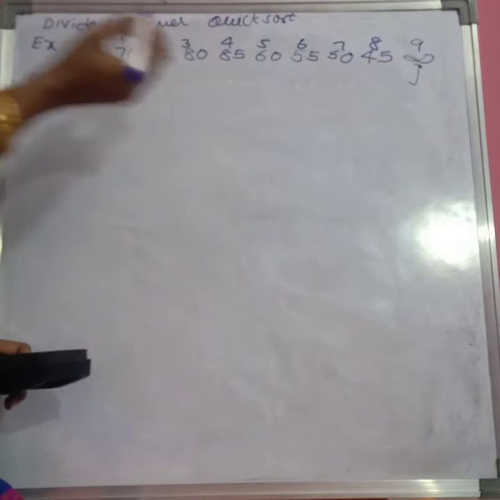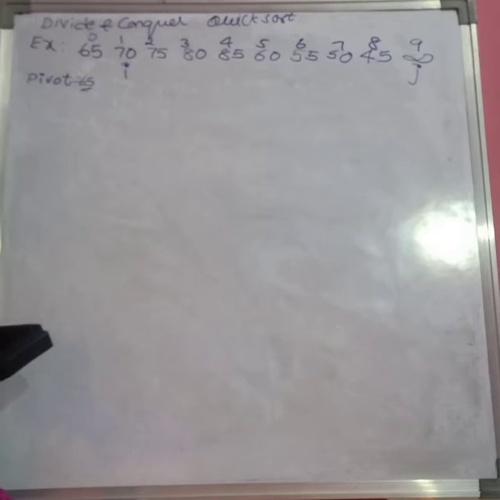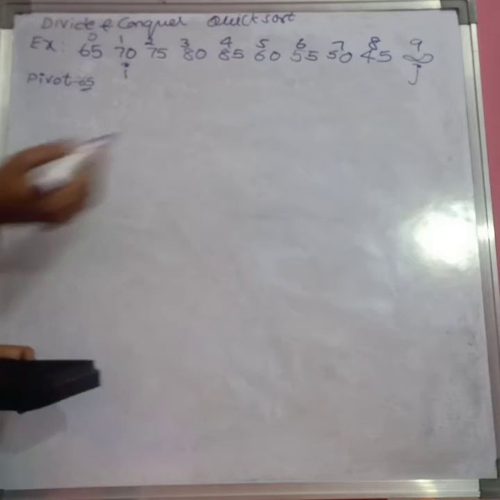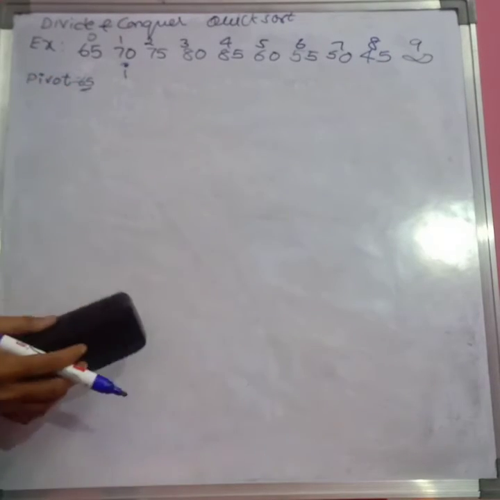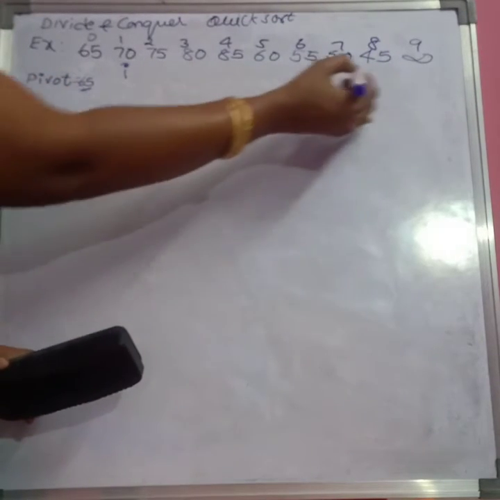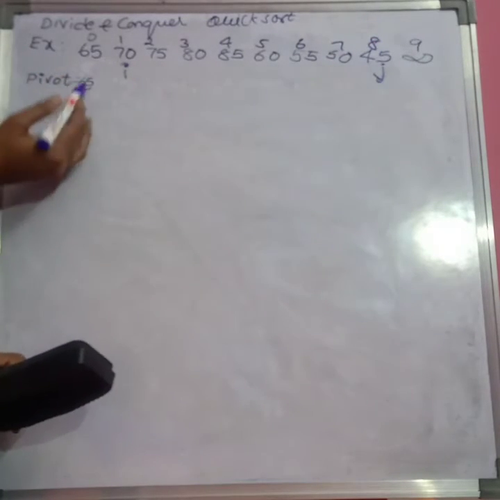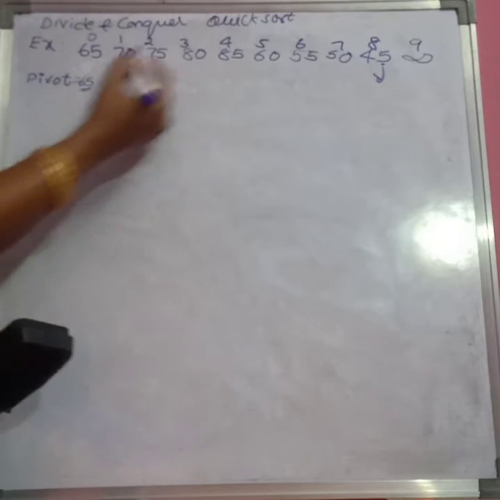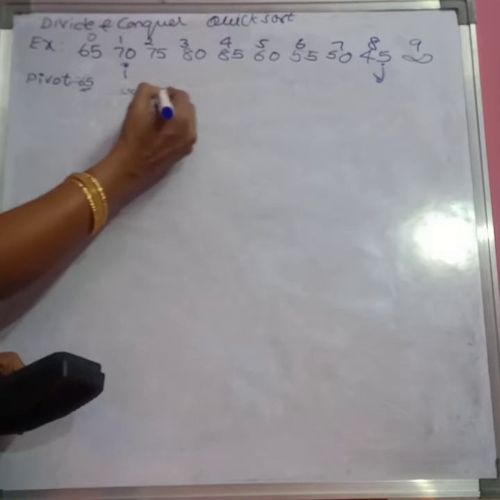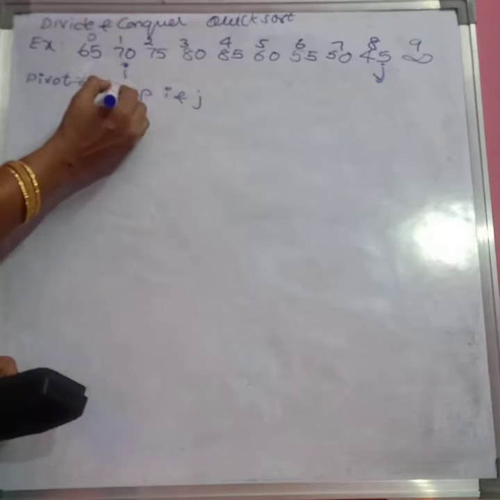Go to the right side and decrement the j value. Already j is at the max index, and we decrement the j value till we get an element with a lower value than the pivot element. So I decremented j from this point to this one. First, here itself I compared this element value with the pivot element, and here itself I got a lesser value element than the pivot element. Stop decrementing. First we stopped the incrementing of i, now we stopped the decrementing of j. Now swap the element values of i and j.